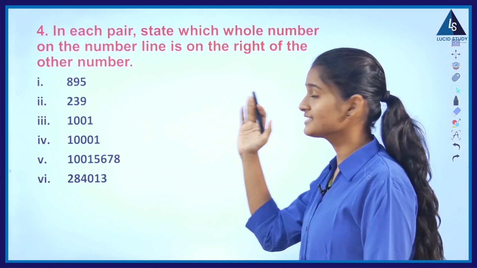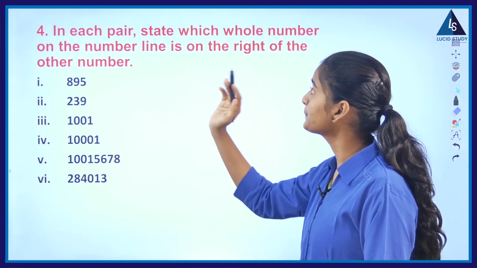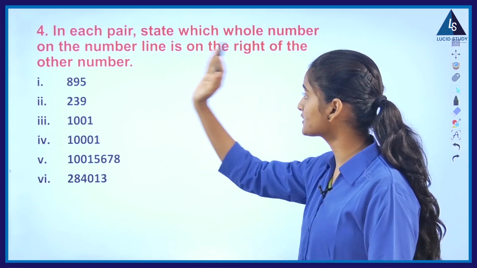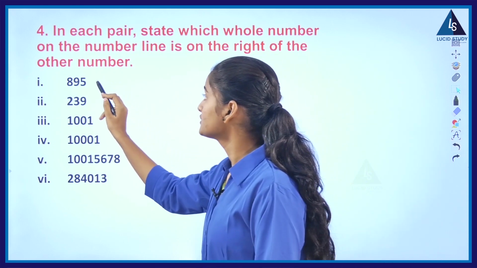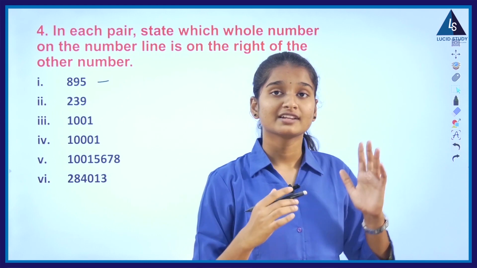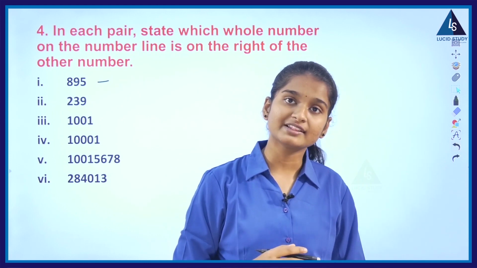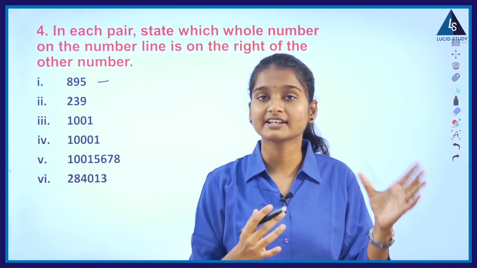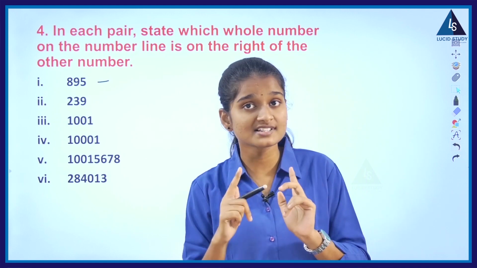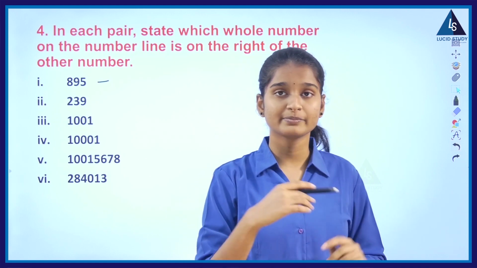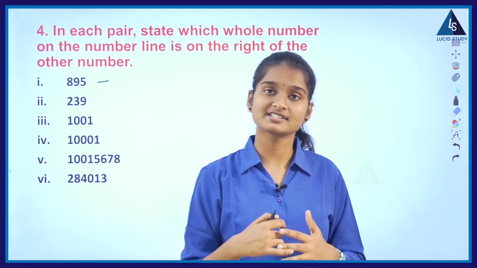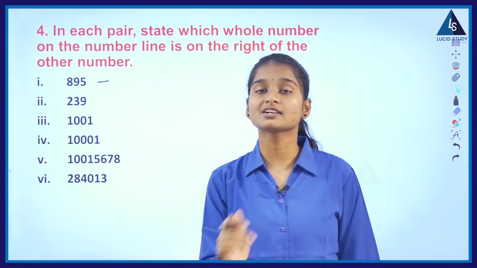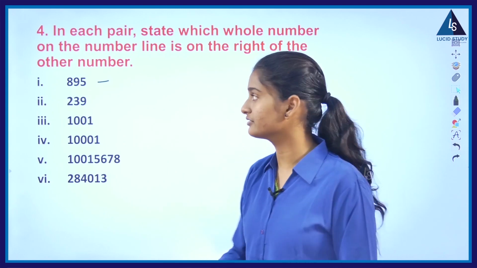So children, here is a fourth question. In each pair, state which whole number on the number line is on the right side of the other number. So children, the number which is on the right side of the other number is a predecessor or successor? It is the successor, because the number which stays on the right side is always its successor. So the successor of 895 is